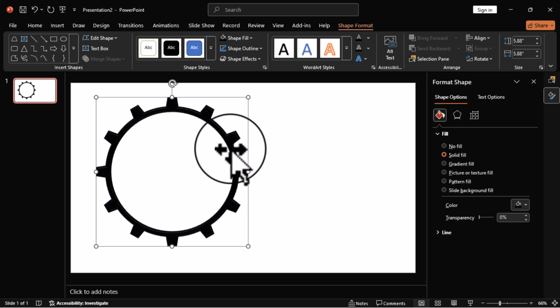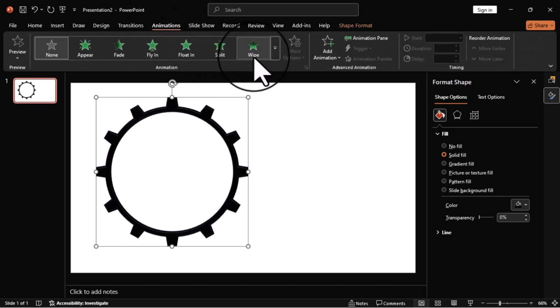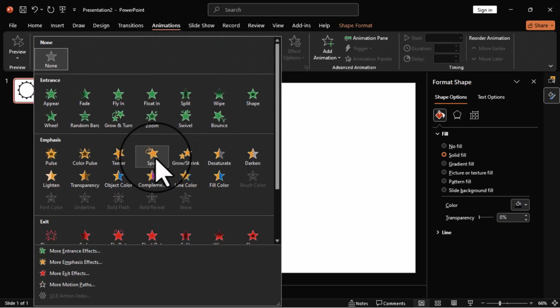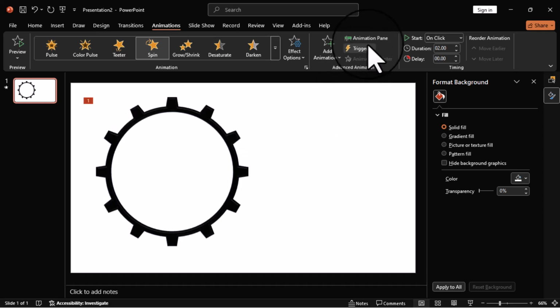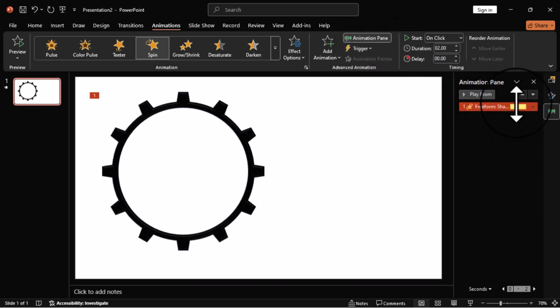We have this perfectly done. I'll move back to this menu bar and click on this animations tab, and we click on this arrow and choose the spin animation. So this is how it's going to spin. Now let's activate the animation pane, and this is the effect. I'm going to change the duration to 5 seconds and press the enter key,